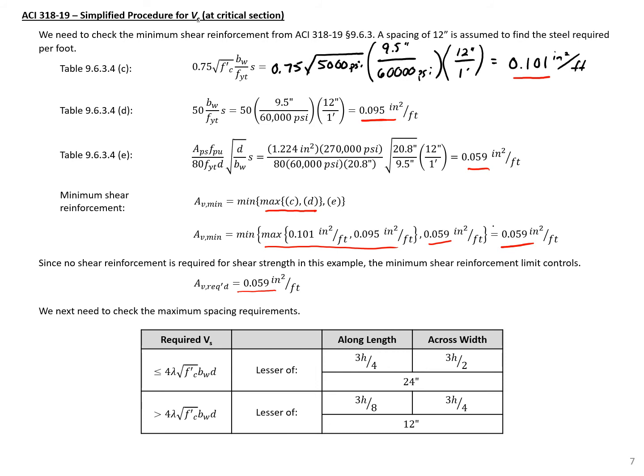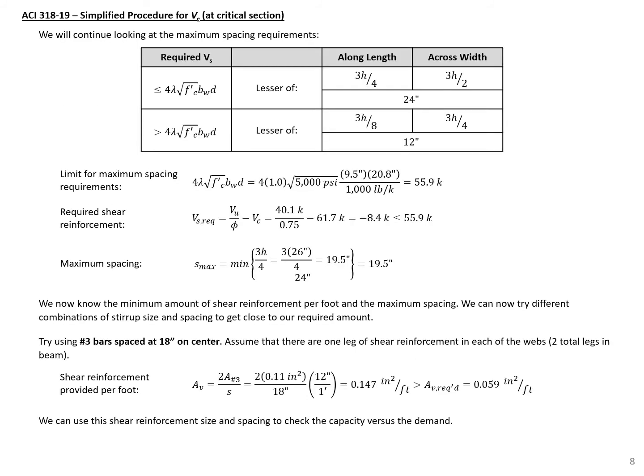We'll also need to check the maximum spacing requirements. So I provide them to you here in this table, and we'll continue this on the next slide. When we're calculating the maximum spacing requirement, we need to check the required Vs and see if we're less than or greater than this limiting factor, 4 times lambda times the square root of f'c times bw d. So we can calculate that value, which I do here, and find that the limiting value is 55.9 kips,